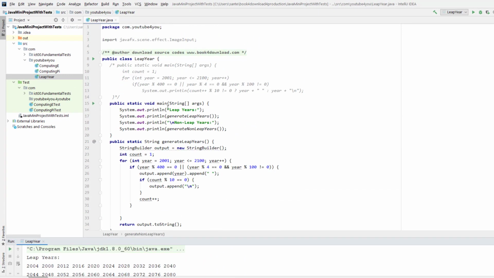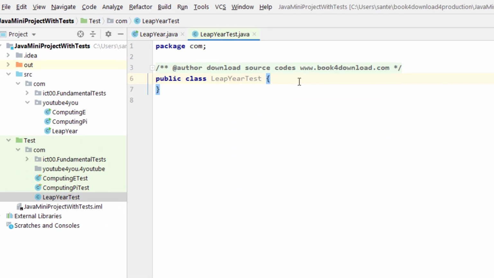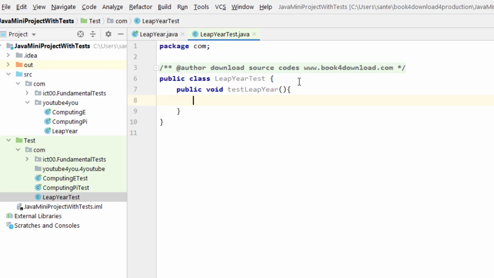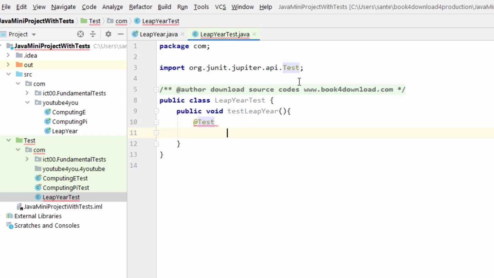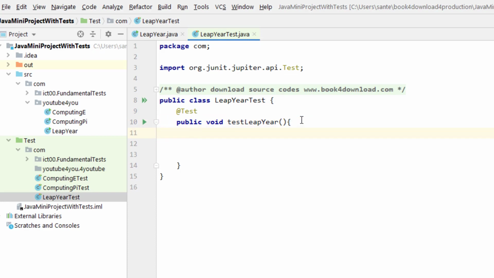We have to learn how to write the unit test. How do we do it? We have to create a test. Okay, we create our test here. It's going to be LeapYearTest, and here we need a public void testLeapYear. Okay, and then here we start with @Test as always. And then we need a string, and the expected output is going to be, I'm just going to write down, it's going to be